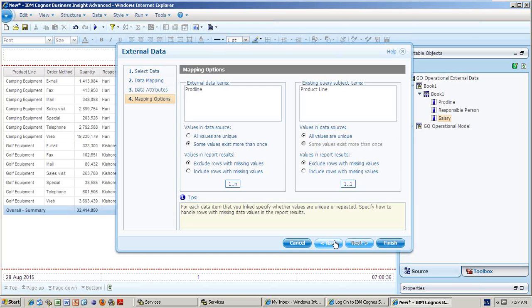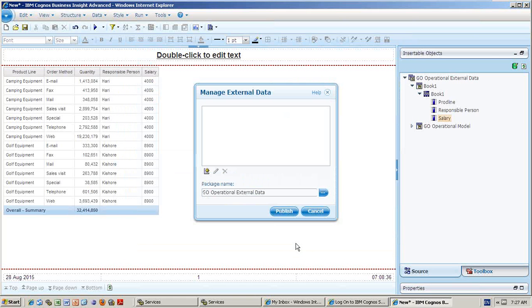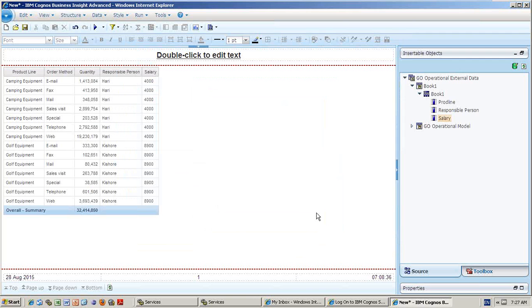But we need to do it, because it may not know which column. Now I put prod line there, and product line here, and the spelling is also different, so it may not understand. You need to decide which column you want to join, or multi join, or composite join, anything.